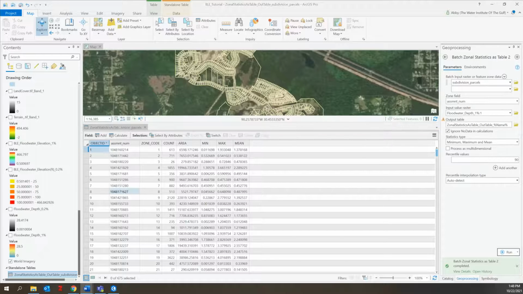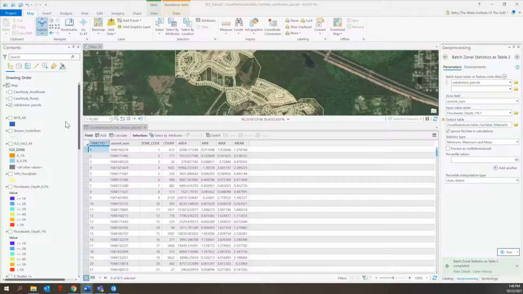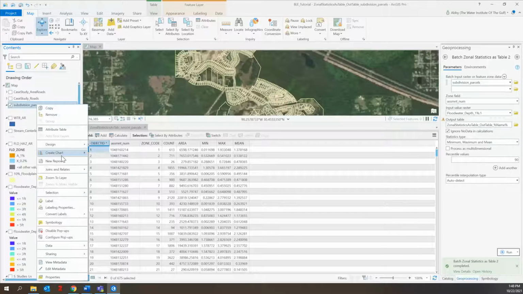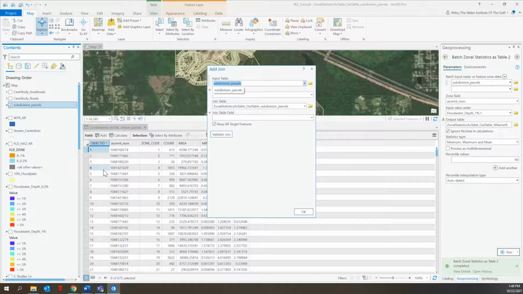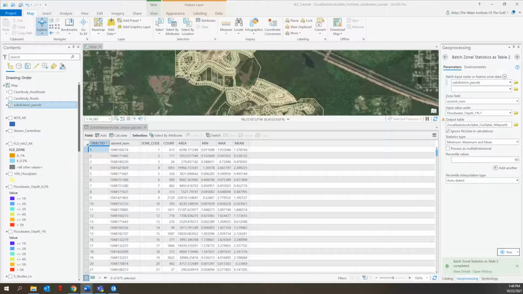Once you've renamed your fields, right-click the subdivision parcel layer in your table of contents and navigate to Join and Relates, and then select Add Join. The input table should include subdivision parcels. The input join field should say Assessment Number, or whichever field is associated with the parcel geometry. And the join table field should contain the Assessment Number field. Click OK. Once the join is complete,